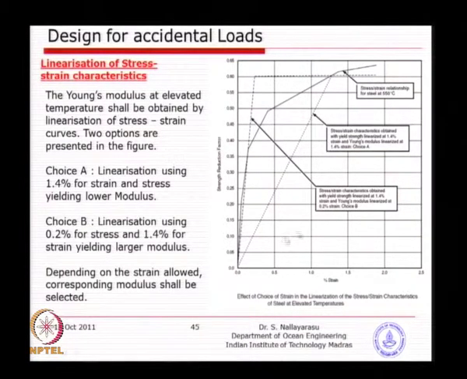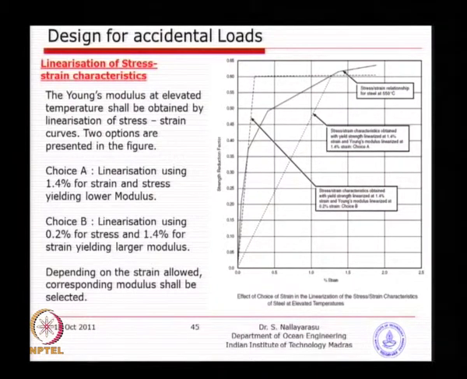We can take an initial modulus, an average between this point, which is 0.06, and basically 0.2, and pass through a dotted line, which takes us to a typical strength reduction factor of 0.6 basically here, and make a bilinear graph and take that as your yield strength, 60% of the yield, corresponding to a strain value of 0.2 or slightly higher. So, you take that slope as the modulus of elasticity used in your analysis. That is the first approximation.